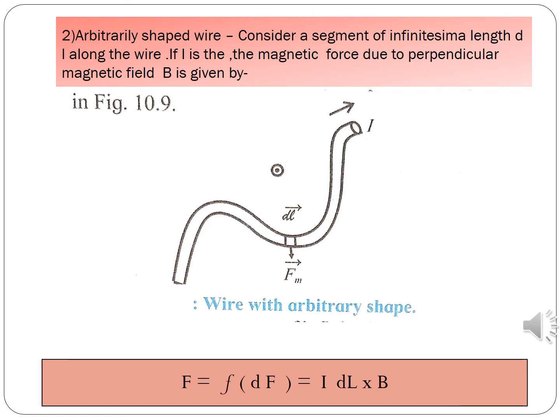If I have to write down the formula, students, I would consider that the small force dF is equal to capital I multiplied by dl × B, which you could see in the formula specified in the box below the diagram. So if capital B is uniform over the whole wire, then my formula could be written as F is equal to I integral of dl × B. So this completes the topic showing the magnetic force acting on an arbitrarily shaped wire.